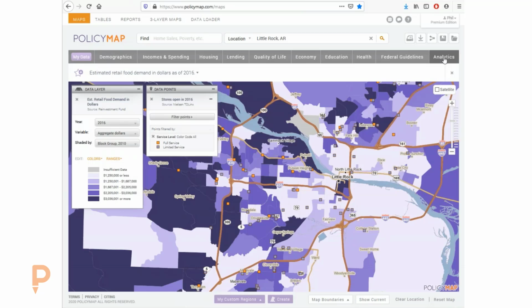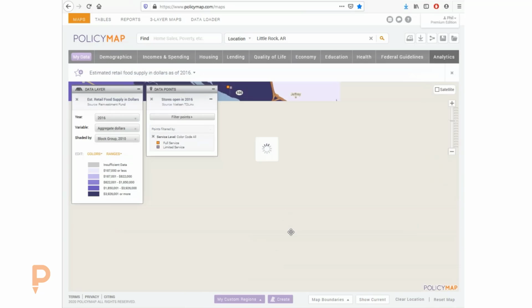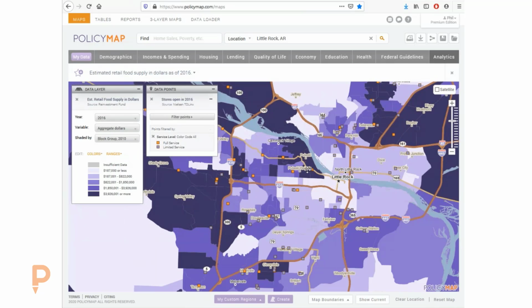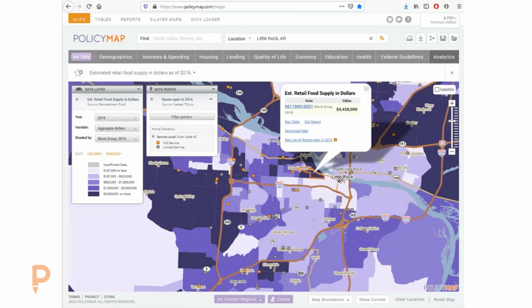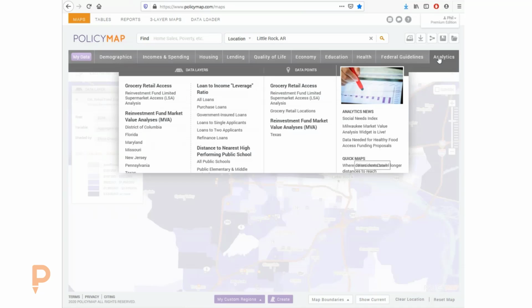And then what we did was we matched that with the other side of that report, which is the supply, where these grocery stores, based on their actual dollar amounts, how many dollars are they supplying? As you can see, these grocery stores here, their supply value is 4.4 million. So that's how much they're selling because they have population around it. Those two things together, you can start seeing there are similarities and there are really differences between those neighborhoods.